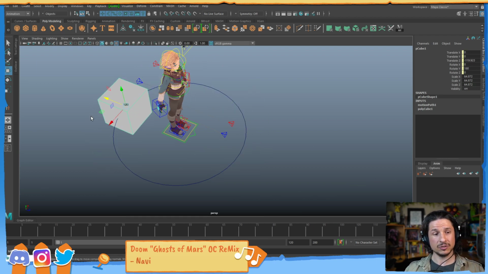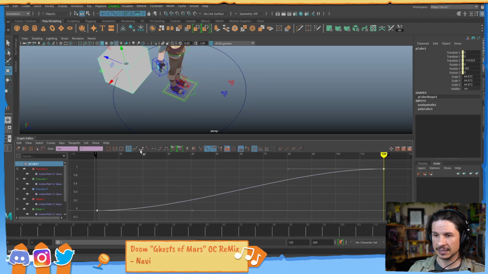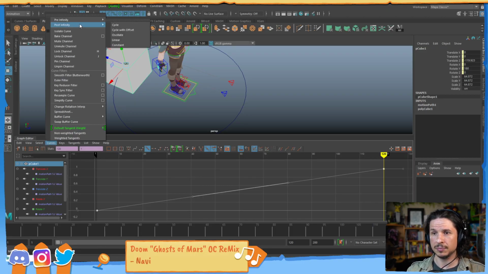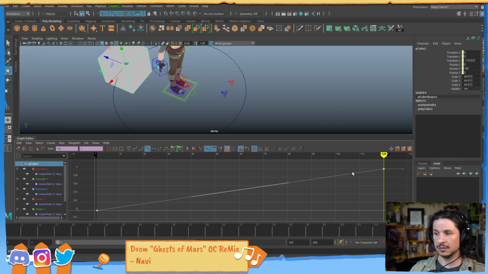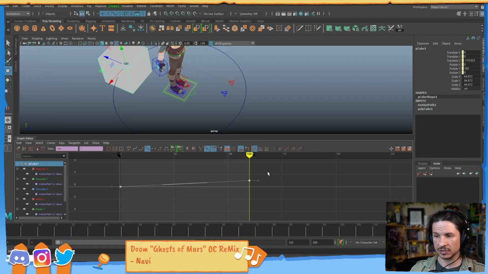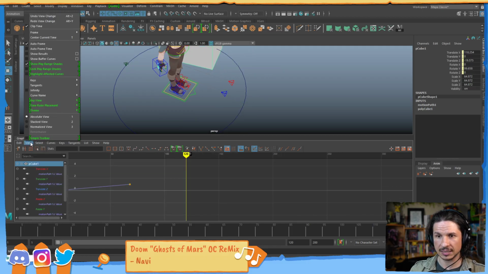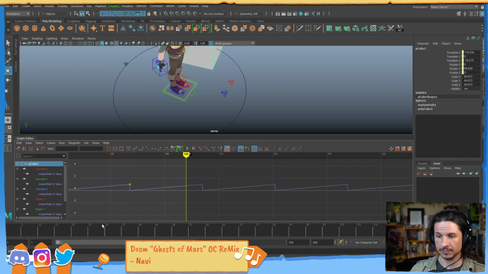And all I would need to do is repeat the animation. So go into the graph editor, take this. Let's go into a linear mode so it doesn't ease in, ease out. And I'm just going to go to curves, post infinity. So after the curve, cycle. So after the curve, it's just going to repeat itself over and over. Let's also make sure I can see infinity. There we go. So now we've got this just going round and round